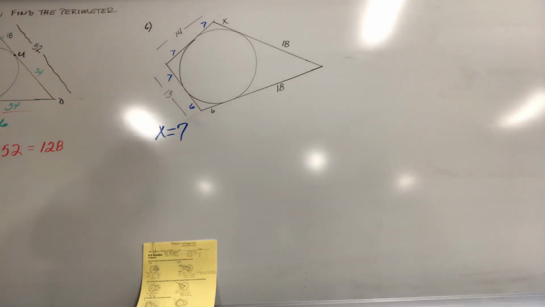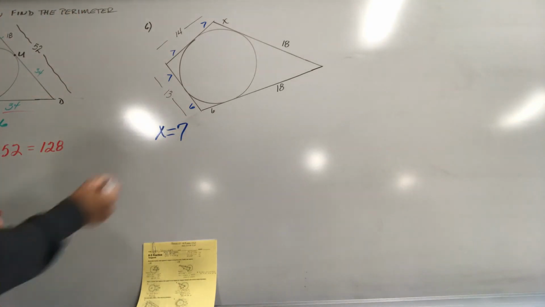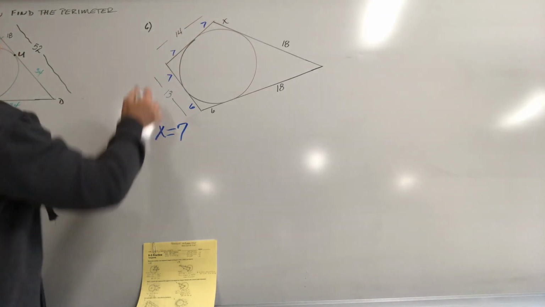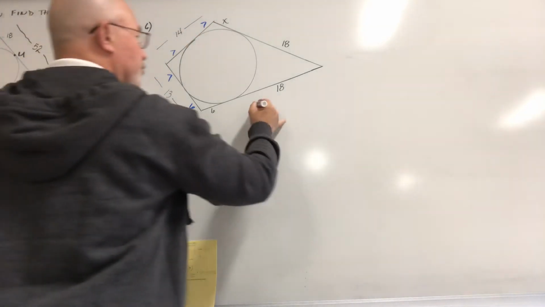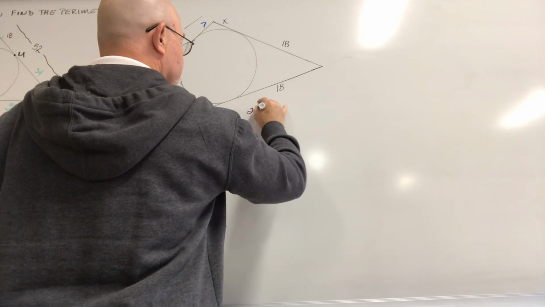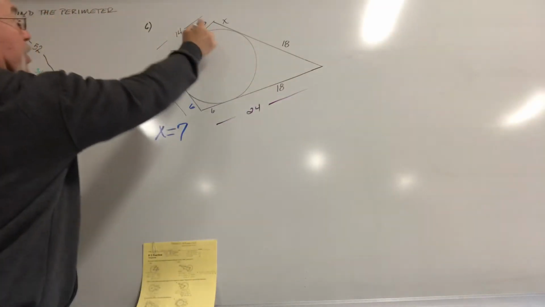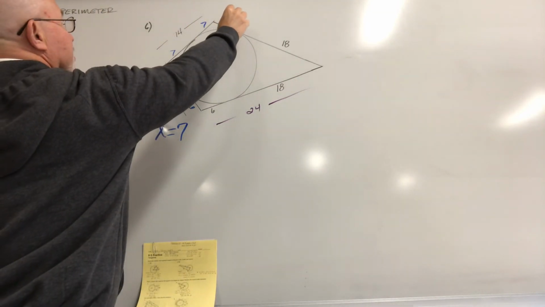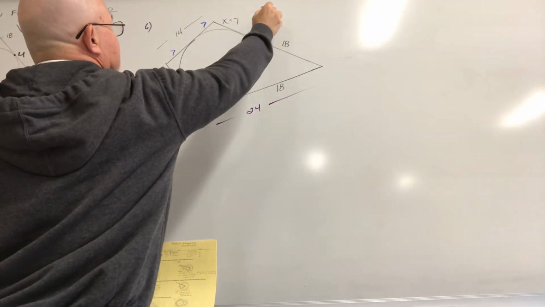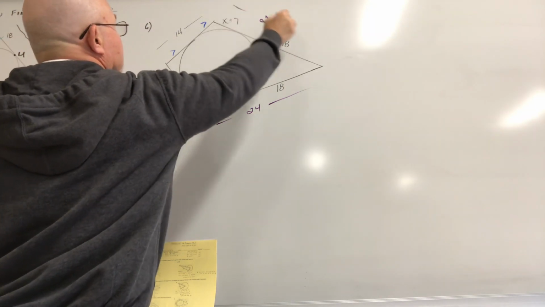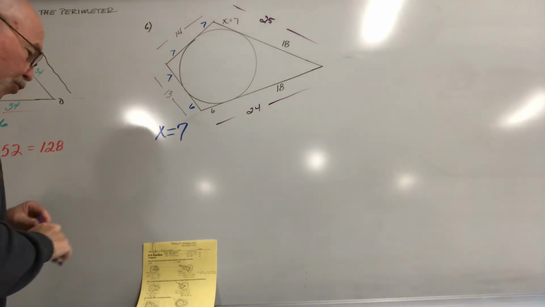Kind of an easy one there. We have 14, we have 13, this is 24. We know that's 7, so that means this is 25. So our perimeter